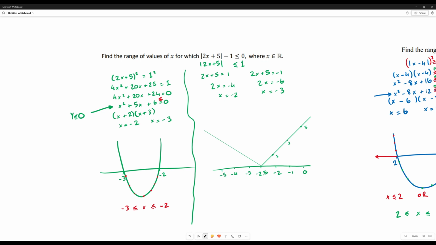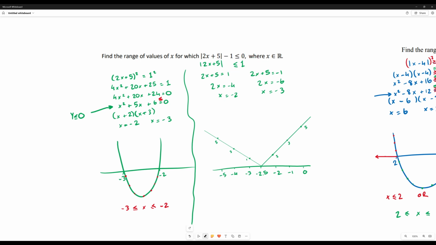It's going to be a mirror image, but just to be sure, -3 into there would give you -6, plus 5 is -1, but then again, it's not going to be a minus, it's going to be a plus. -4 in there would give you -8, plus 5 is -3. But again, it's not going to be a minus. And then -5 in would give you -10 plus 5, but it's not going to be a minus, it's going to be 5. Now the question said, when will the modulus be greater than or